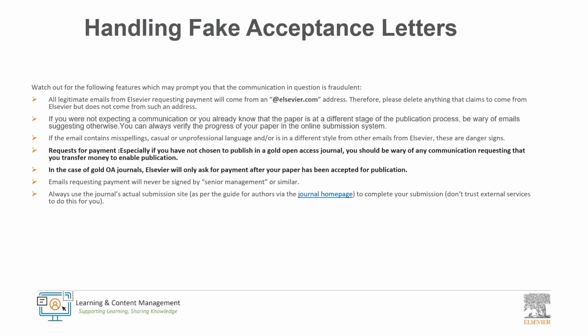Then some advice for you. At Elsevier, we want to help you to stay safe when you're publishing your articles. So we are aware that there are a number of scams in operation which seek to fraudulently obtain money from